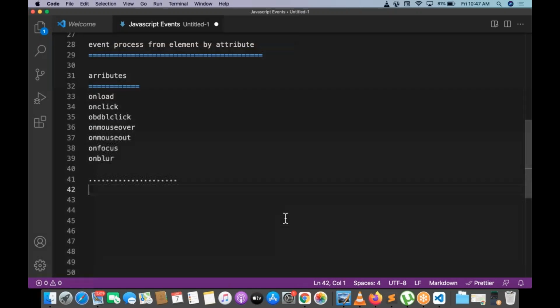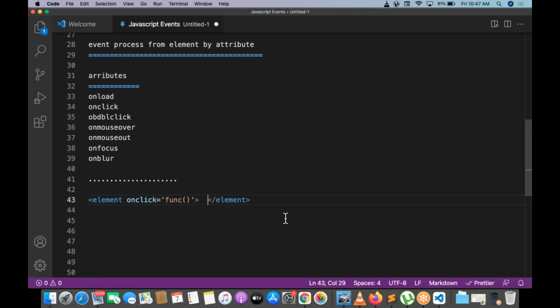So how to do this? Any element you take, you have to write something like onclick equal to, and we need to pass the function, and the element is getting closed.